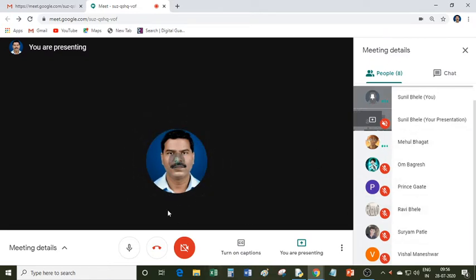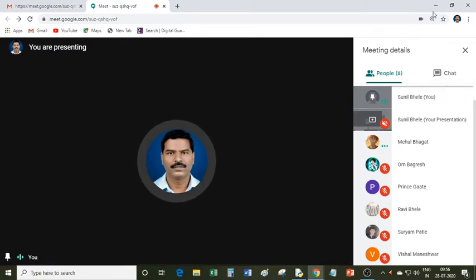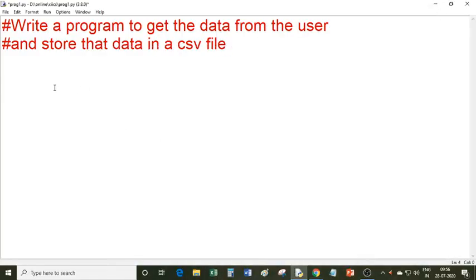Okay. So I am creating one interactive program here in which I will get the data from the user and then store that data in a CSV file. How can you do that? Let's see. First I will import the writer function from the CSV module. So I am writing from csv import writer.